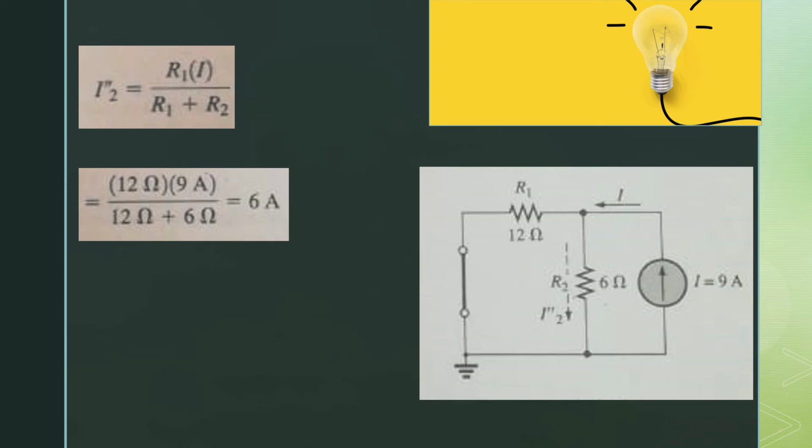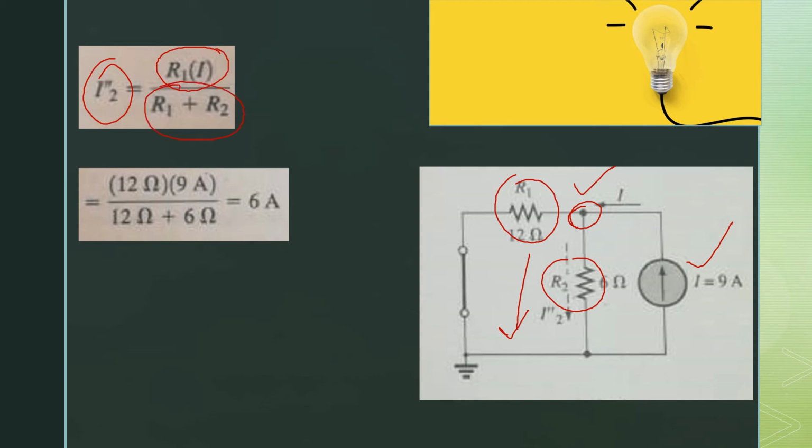Now you see from the figure that R2 and R1 are in parallel, and I2 double prime is the current flowing from R2 because of that current source. So when we apply the current divider rule here, we will get I2 double prime is equal to R1 into total current divided by total resistance of the circuit. When we substitute the value of R1, R2 and I, we will get I2 double prime is equal to 6